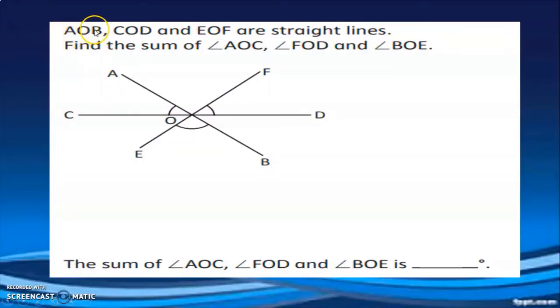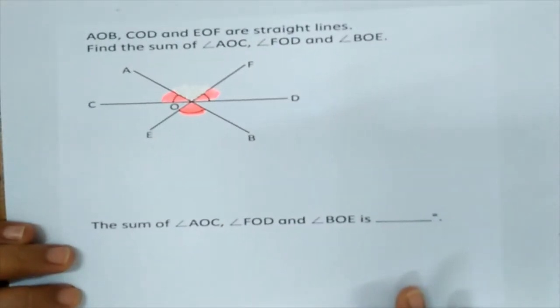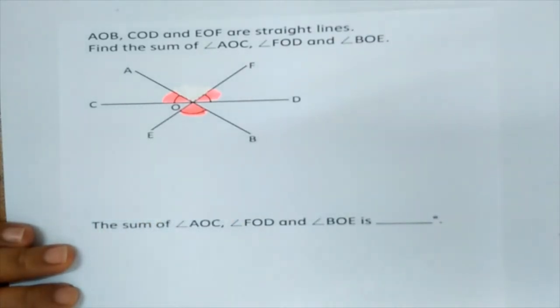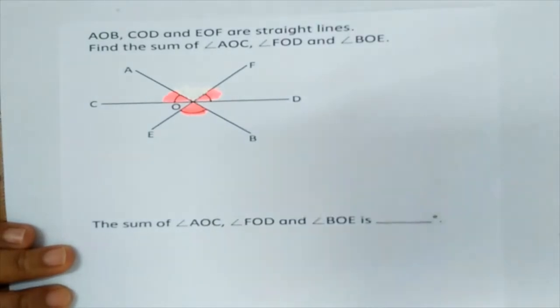Next example, AOB, COD, and EOF are straight lines. Find the sum of angle AOC, angle FOD, and angle BOE. Okay, we're going to find the sum of these shaded angles. So how are we going to find the sum of AOC plus FOD plus BOE? No, we're not going to use the protractor to answer this. Very good. We spot the